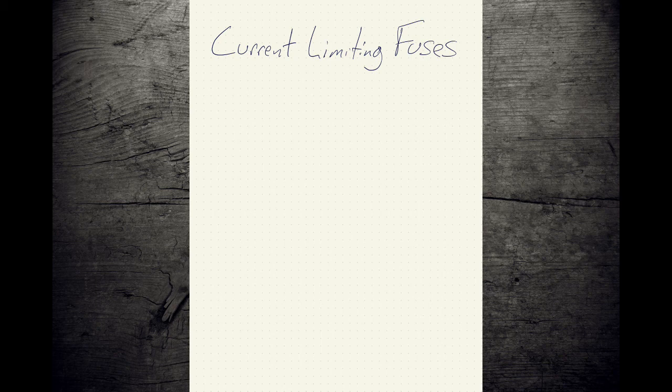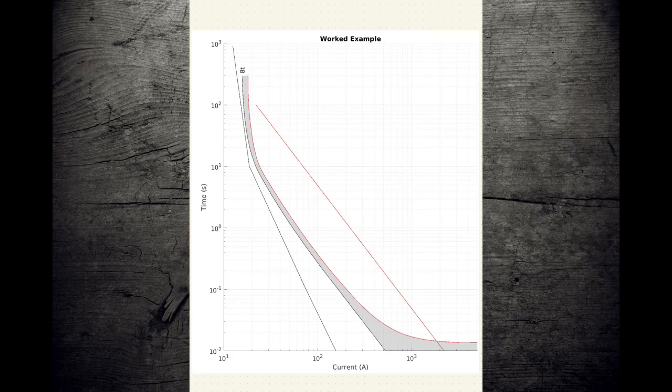Welcome back, everyone. We're going to be talking about current limiting fuses today. So last week we covered a fair bit of ground. We talked about